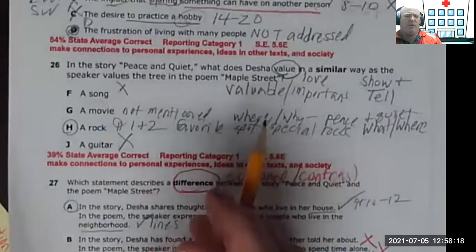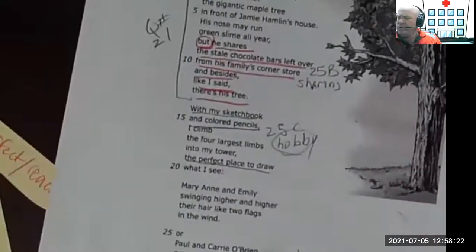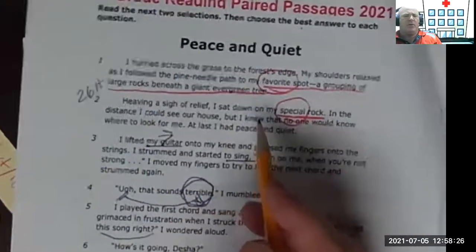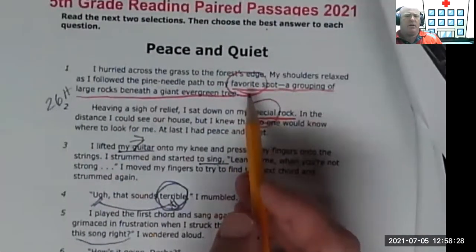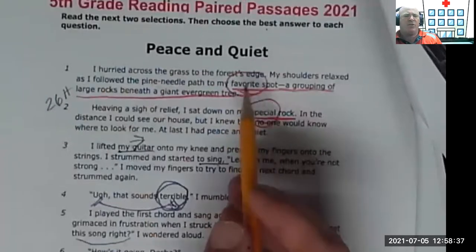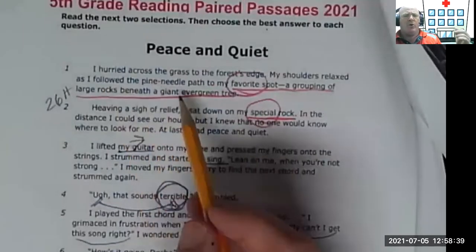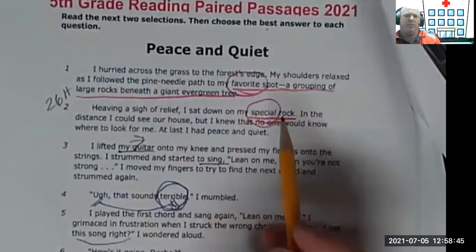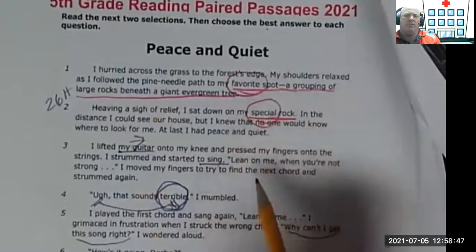How can I prove it? Give me an example that proves the answer. In paragraphs 1 and 2, there's 26. We see her write, "My favorite spot, a group of large rocks beneath the favorite tree." So I want to ask you, what is your favorite spot? What is your hobby? Because both